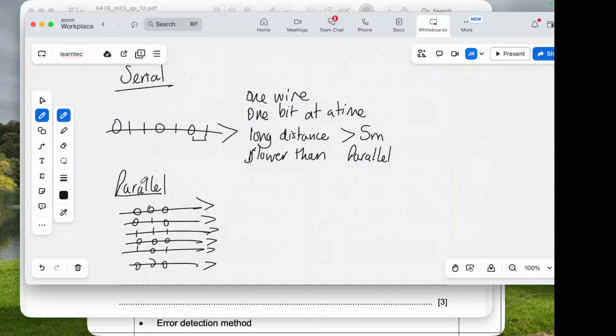So this is definitely faster. So you could say in your answer it's faster. It's probably not going to be too far. So if it's in the next room, it's not too far. Now the problem I didn't mention in the previous one with serial is that there's less interference. So part of the problem with